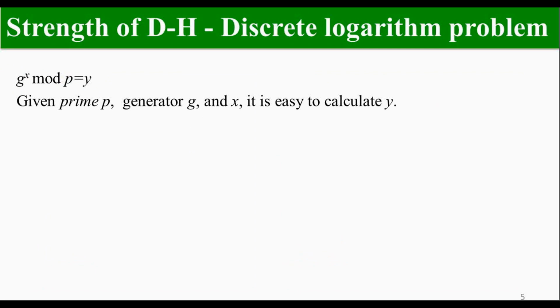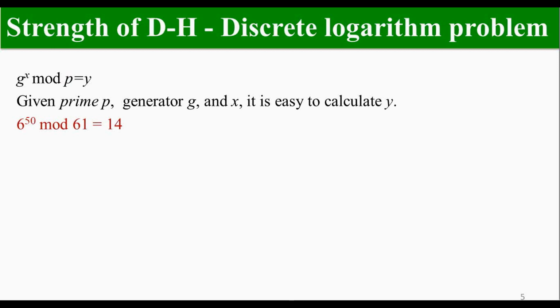Now we will see about the strength of the Diffie-Hellman key algorithm. How strong is this Diffie-Hellman algorithm, based on what property? If we take the calculation of public key, here y is the public key and x is the private key. For example, let's take Alice. X is the private key of Alice, y is the public key. It is calculated, and G, we know G is the generator and P is the prime number. So given these three parameters, prime number P, generator G and X, it is easy to calculate Y. It's a simple modular exponentiation function. So as I have mentioned, this is the public key calculated by Alice.